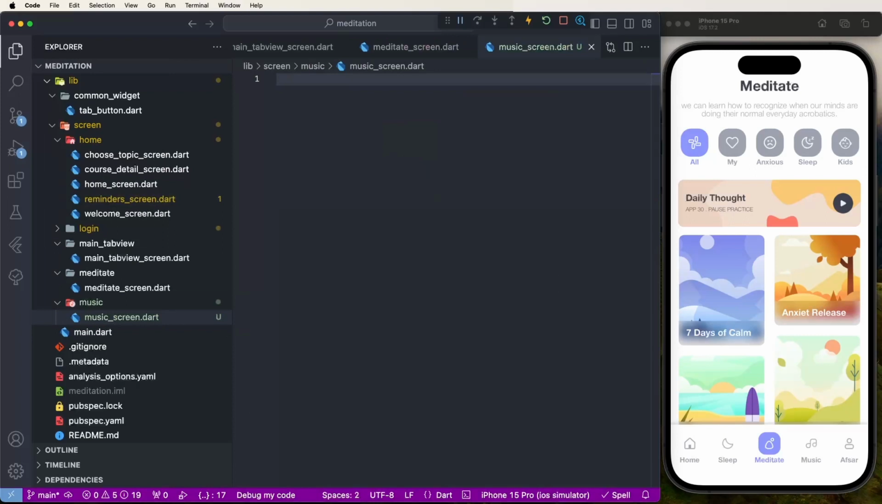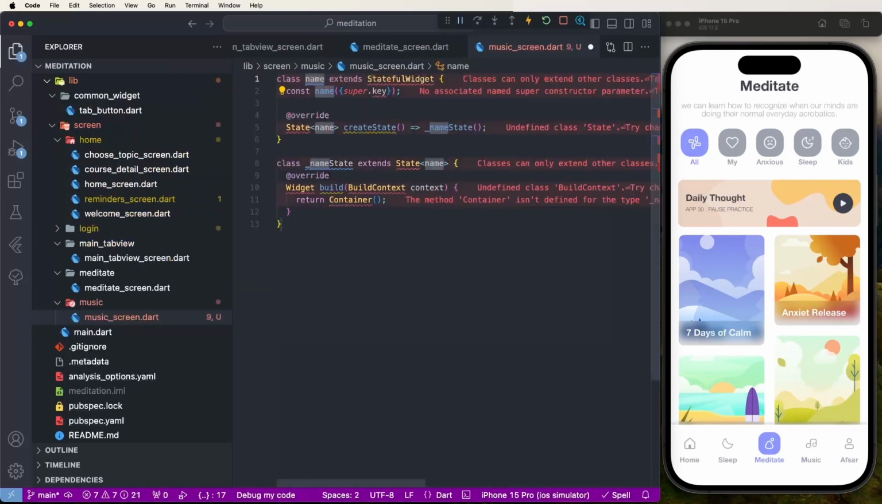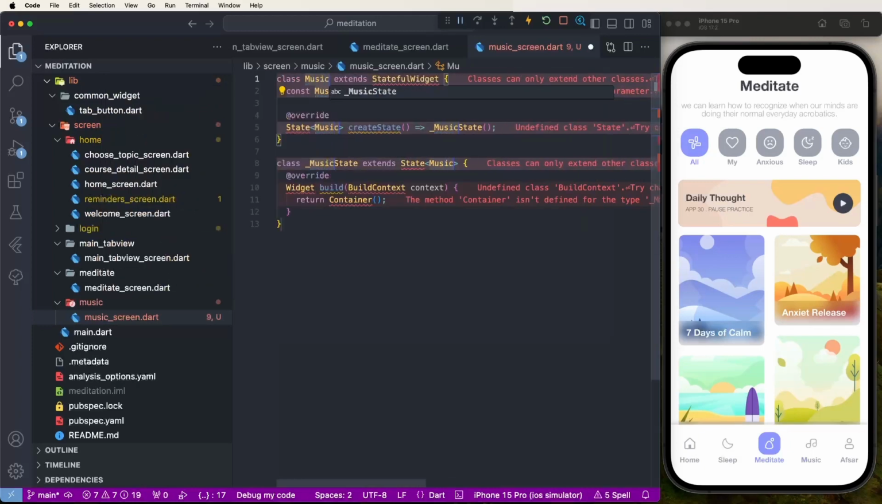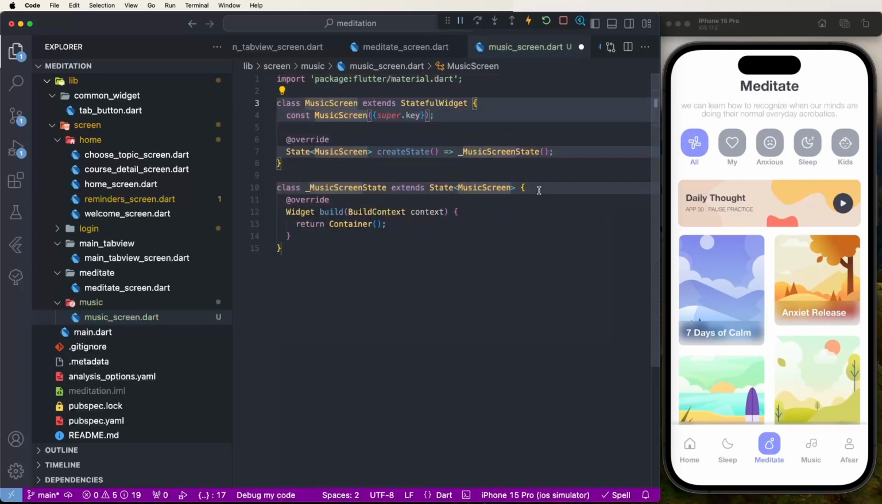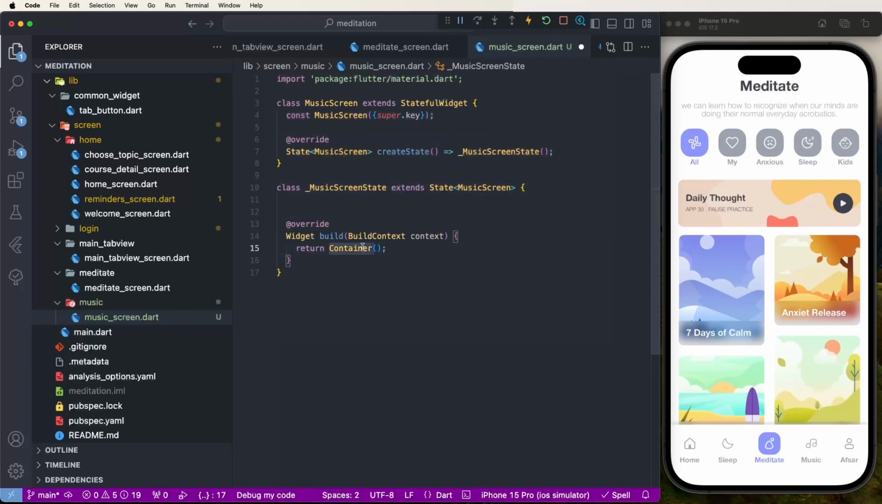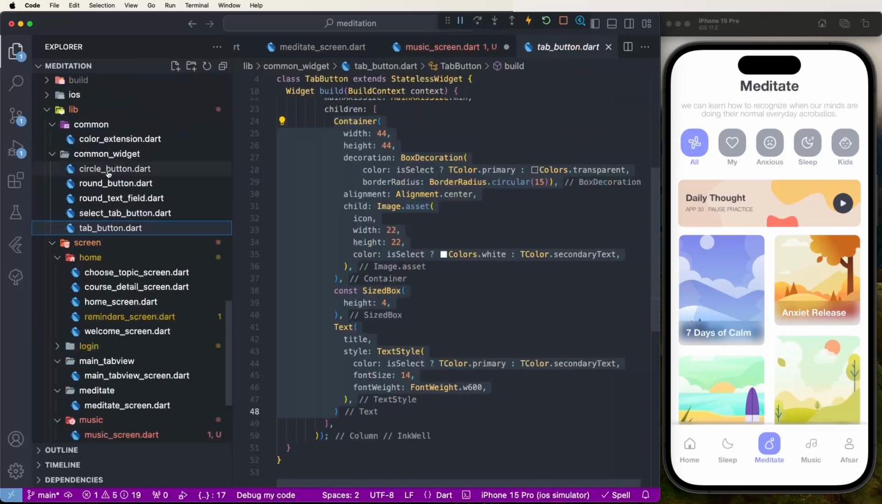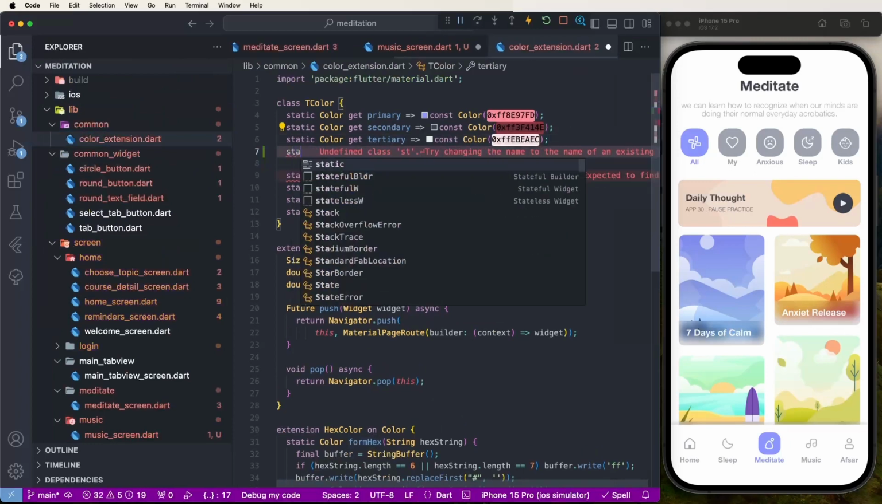Now first of all we need to create a stateful widget for the music screen and give it the name MusicScreen, and also import the material dependency. And now first we need to create the Scaffold and also set the background color. First of all, go to colors and write down the sleep color, we need to set here